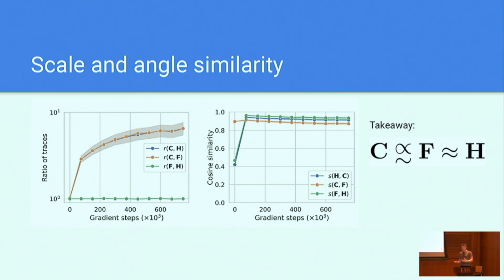So they're not equal. The Fisher does approximate the Hessian well, even for neural networks, but the covariance is somewhat different. So why is this important? Why does it matter at all? It does matter for optimization. If you replace the Fisher with C, which is often called the empirical Fisher, it can lead to many issues in your algorithm. But we're going to have another look at that and look at why it matters for